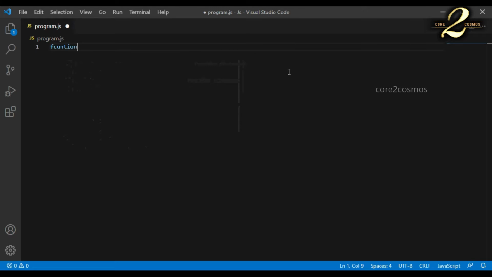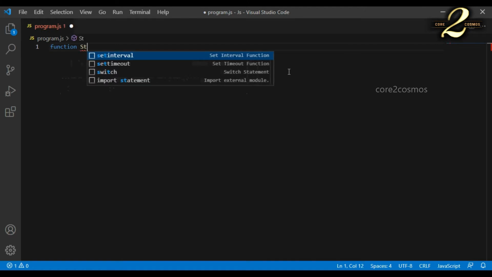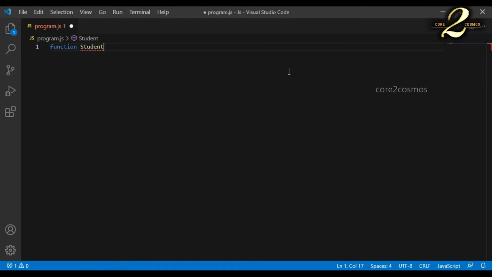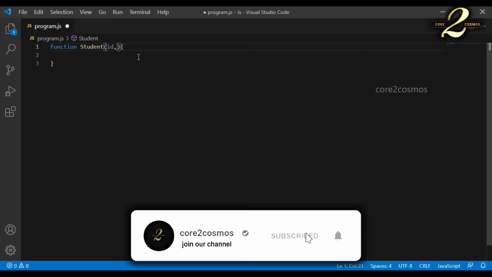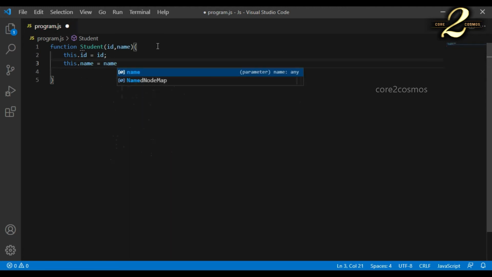Let me say function student. So this function student is going to accept a couple of arguments, ID and name. I say this dot ID equal to ID, this dot name equal to name. Then I say this dot introduce equal to